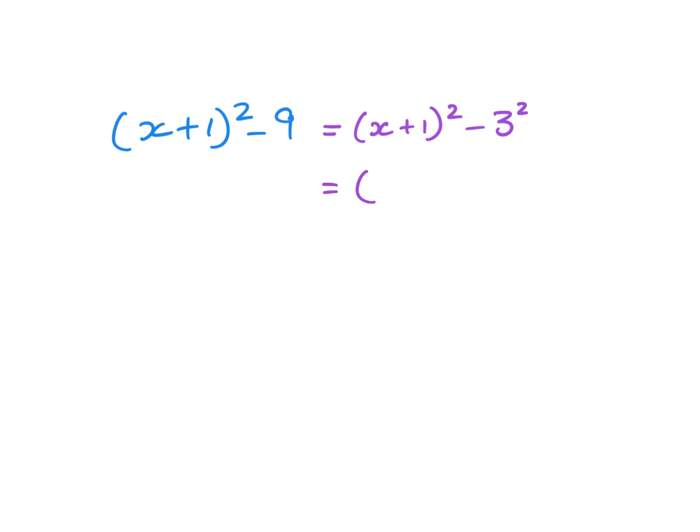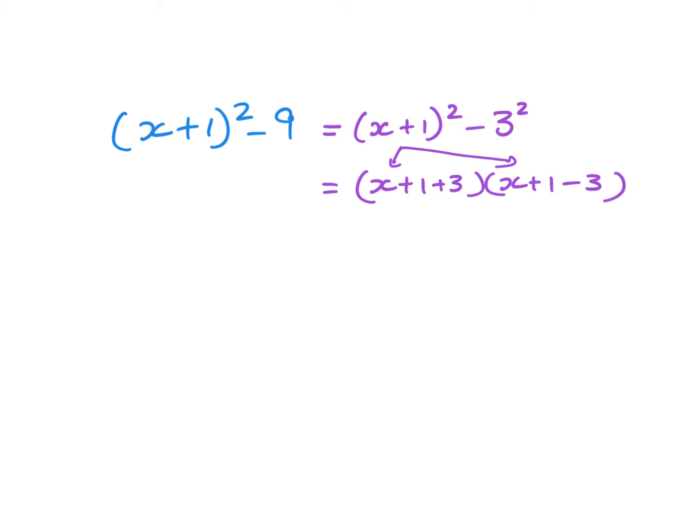Alright, the next step is that we're going to have our two brackets. And we're going to have x plus 1 in the first bracket and x plus 1 in the second bracket. So this over here and this over here are both in the same place. And then minus 3 squared, I'm going to put a negative 3 in, sorry, positive 3 in that bracket and a negative 3 in that bracket. Because 3 multiplied by 3 is going to give me 9,